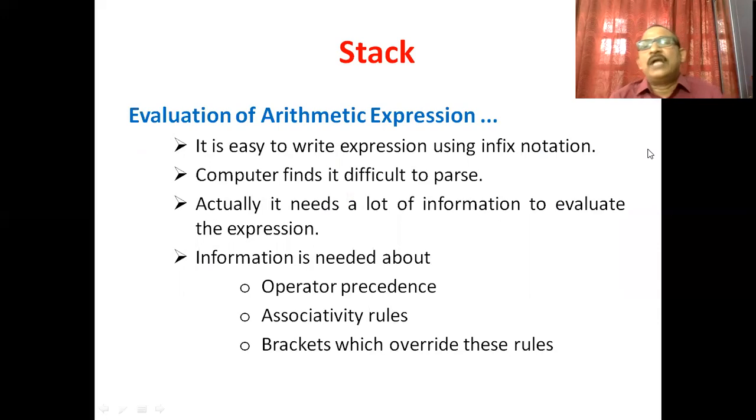It is easy for us to write expressions using infix notation. Now, the computer finds it difficult to parse it. Actually, it needs a lot of information to evaluate the infix expression, like operator precedence. The computer must know the operator precedence. Next are the associativity rules. Next are the brackets, which override these rules.